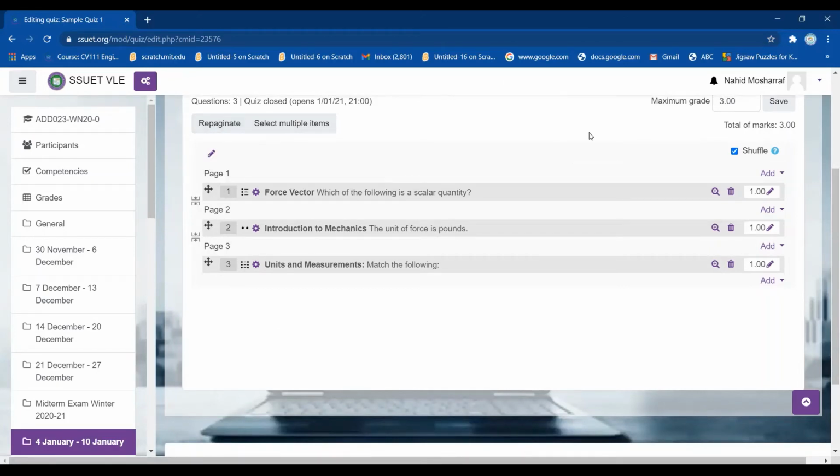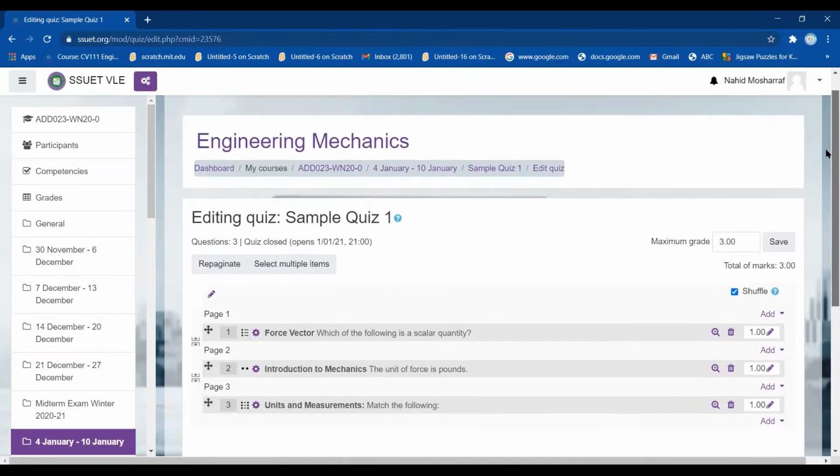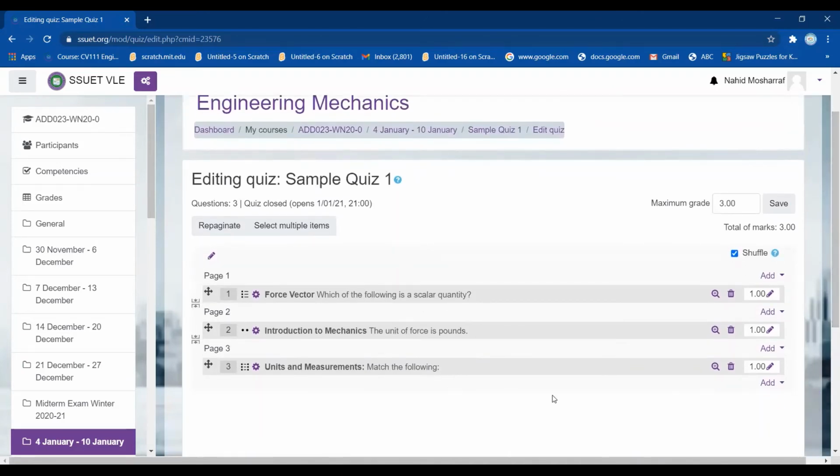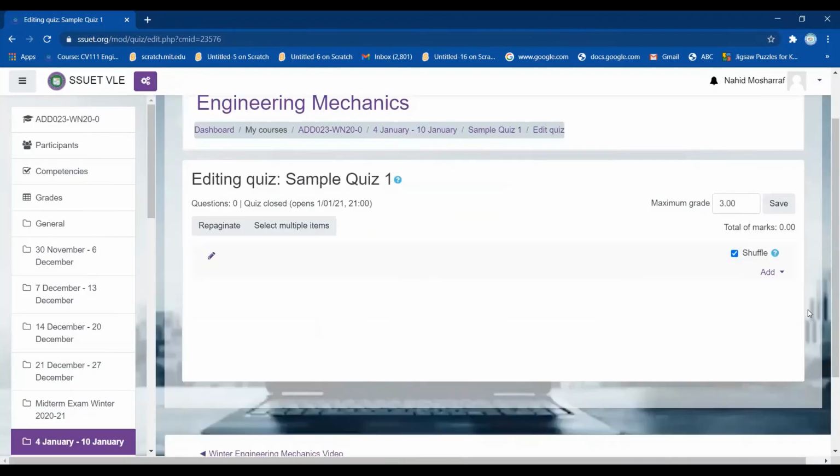And for example, what I am going to do now is create questions of another sample. For example, now I don't want multiple choice questions, I don't want true false, I don't want match the following. So I want to explore other types of questions, and how can I do that? First of all, I want to delete this question. Yes, I can easily delete this question.